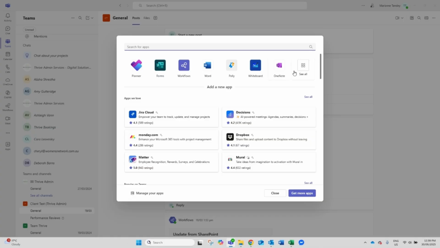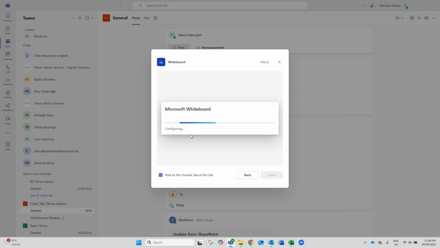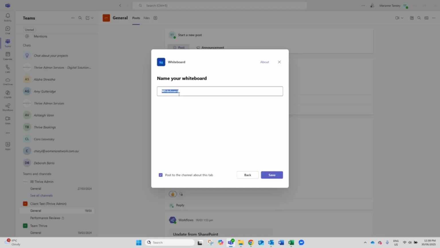You can add Microsoft tools. You can also add a whole heap of other things as well. But here we might add a planner board or a form that's specific to this particular team, or a whiteboard that we're going to do some brain dumping on. So I'm going to choose a whiteboard. It's going to configure. I get to name the board. So I'm going to call this one client test